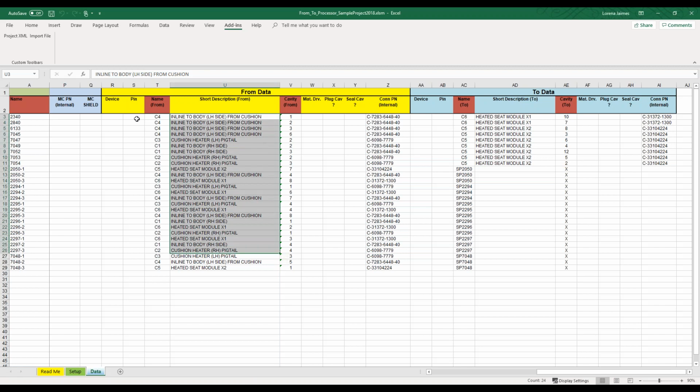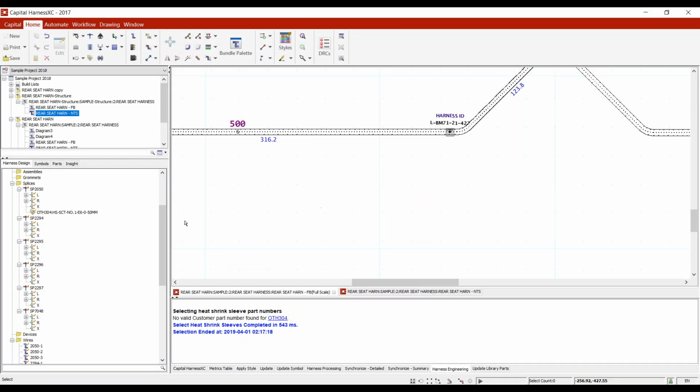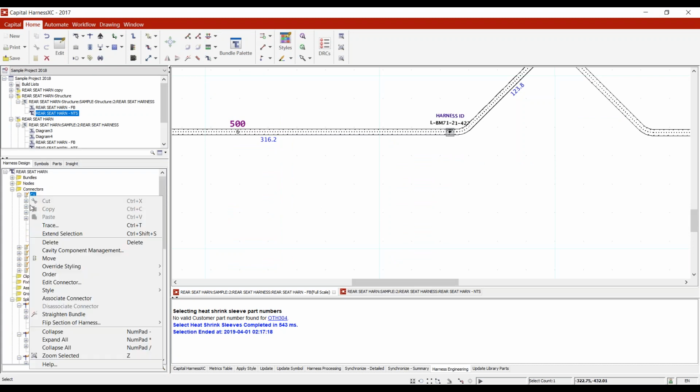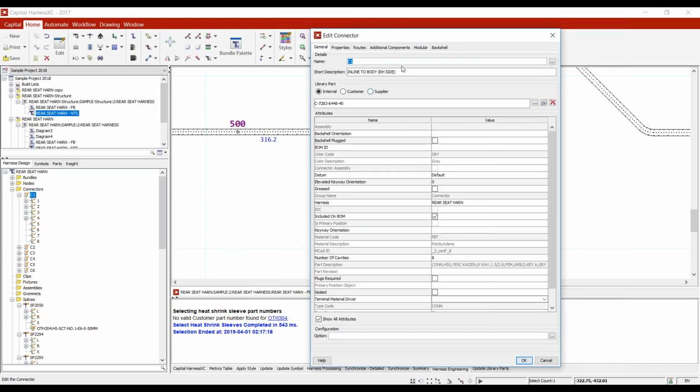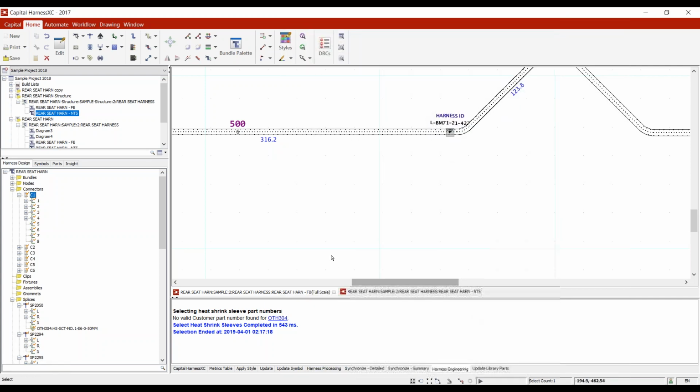And well, before I switch over, we have the built-in Excel macro that will generate this as an XML file to be imported. So if I switch over to the tool, we have here, if you look at the connectors, we should have a description coming in. All right, any other